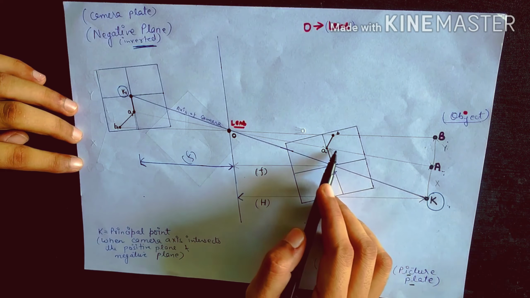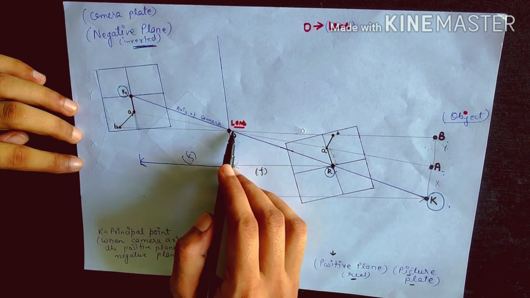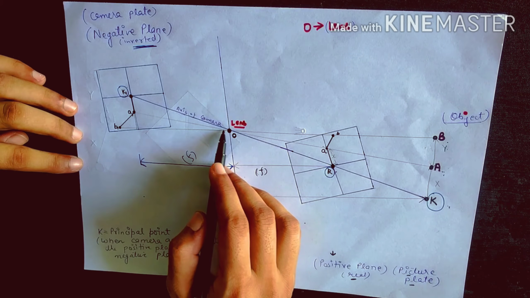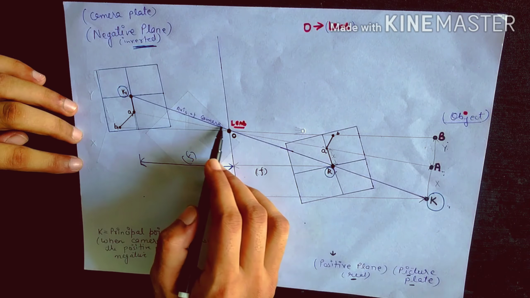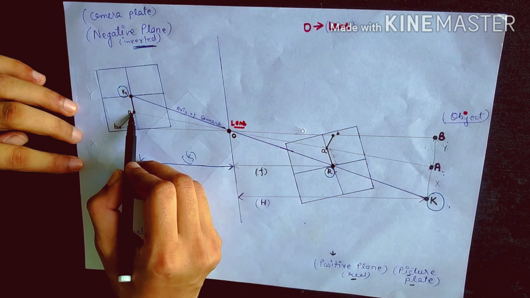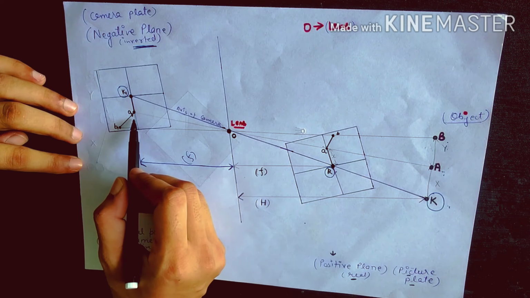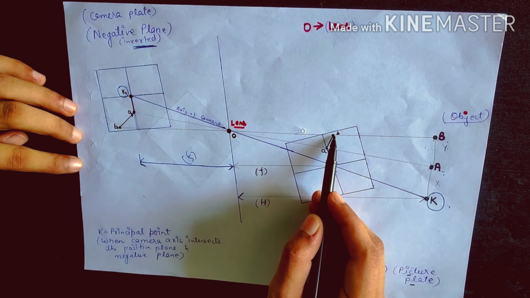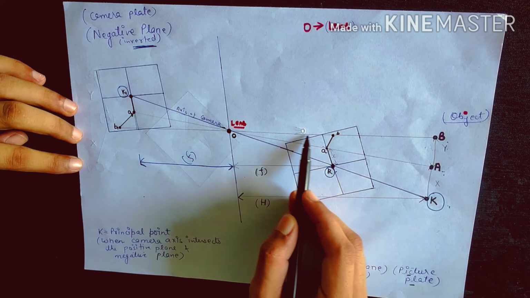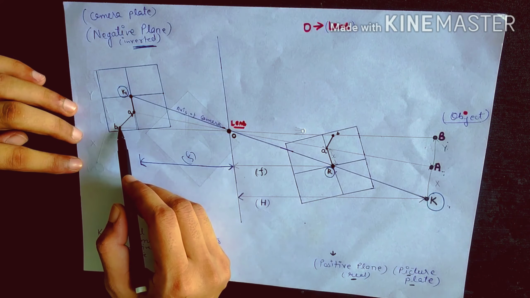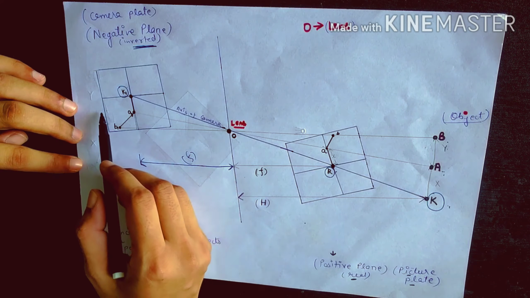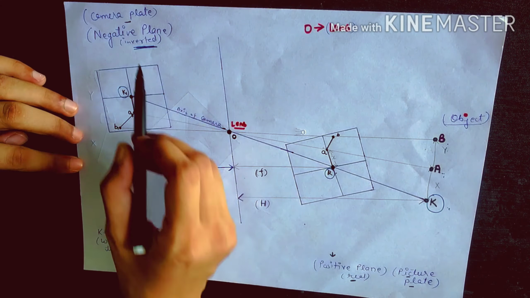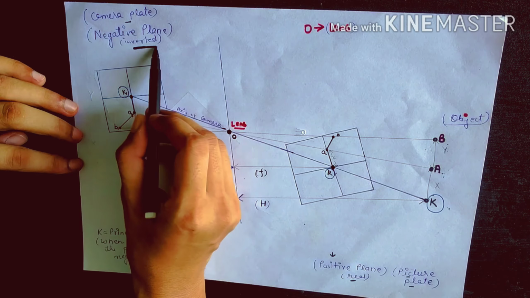If the A projection line is tilted till here and from here it is projected backward to the negative plate, A1 is denoted as the A point in the negative plate. When B is projected backward, B is on the positive plate and B1 is on the negative plate. These square boxes are the plates. This is the negative plate, also called the camera plate, and here the photograph is inverted.